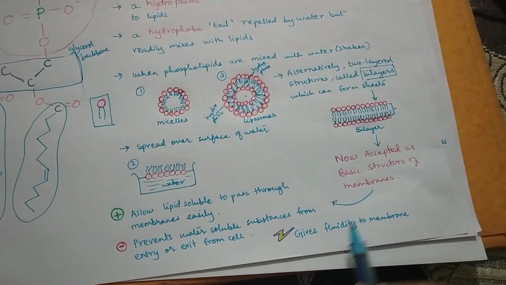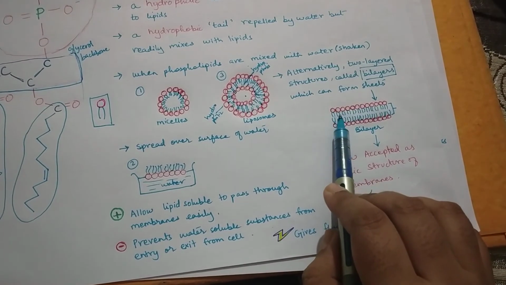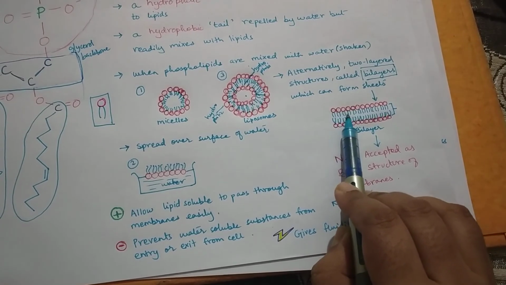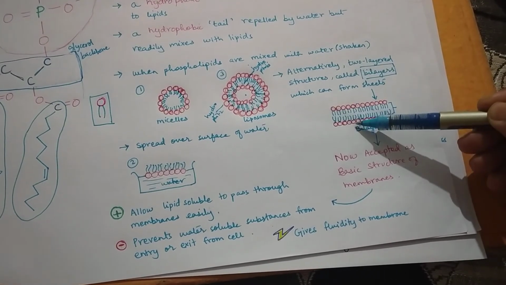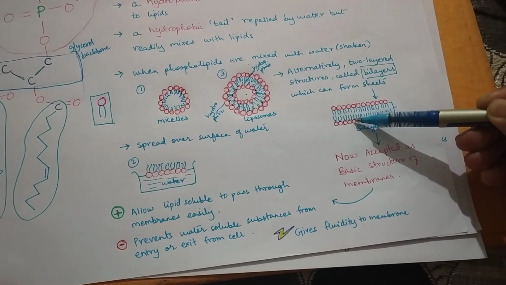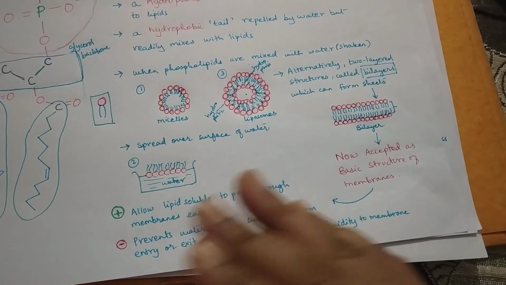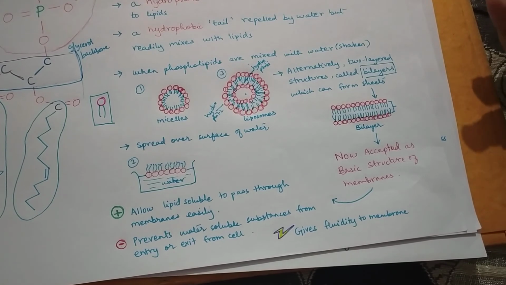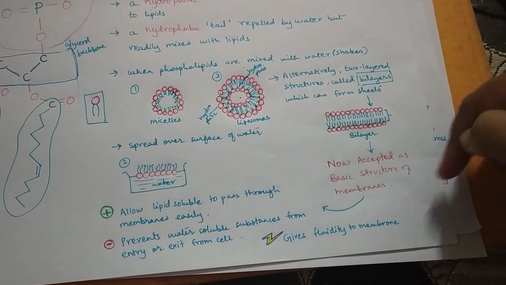Another thing is, phospholipids are very fluid in nature, that is, they can move laterally. This phospholipid can flip and come over here, this one can flip and come over here, so they show a lot of lateral fluidity. And some phospholipids can also do a flip-flop movement, meaning this one can come down and this one can switch its place. So there is never a gap. Every time the phospholipids are in a state of fluid flow like movement, like any oil that you have at home, how the oil behaves, they are flowing continuously. And because of that flowing nature of the phospholipid, our cell membrane also shows fluidity.